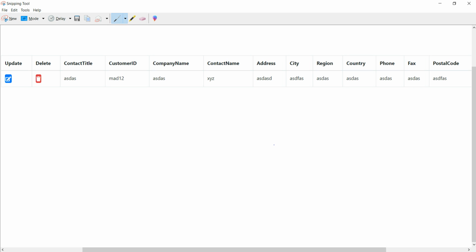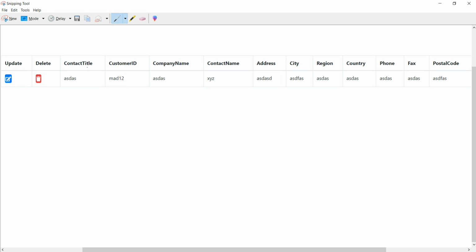Hi everybody. Today our topic is HTTP GET request. By using the HTTP GET request, we can fetch the records from the API. Today I am going to design the web application based on this image.